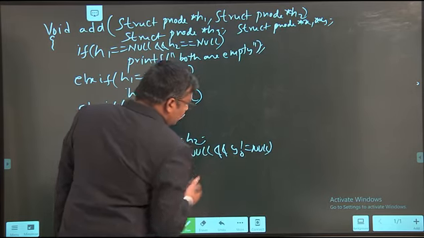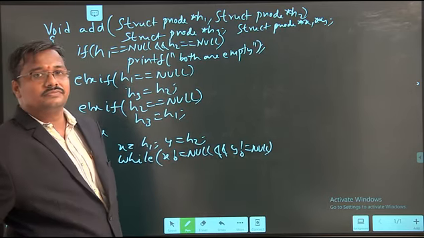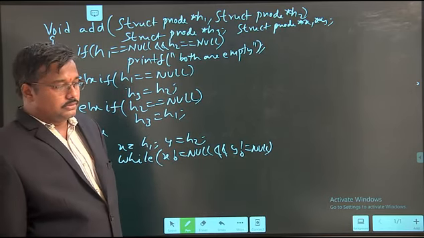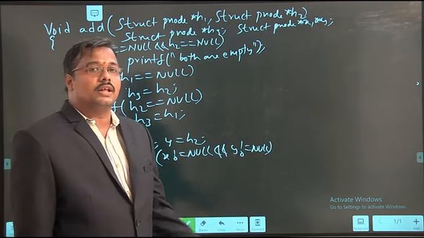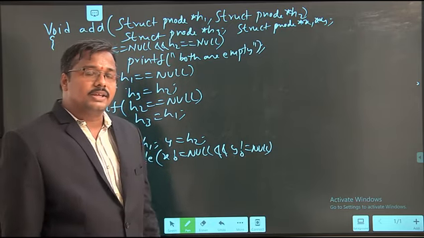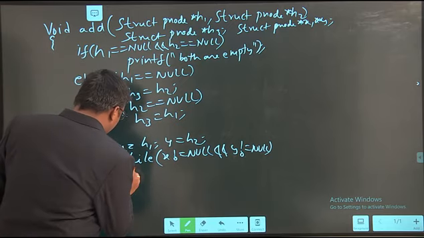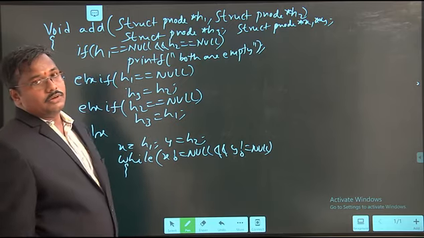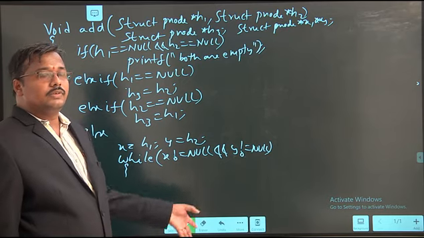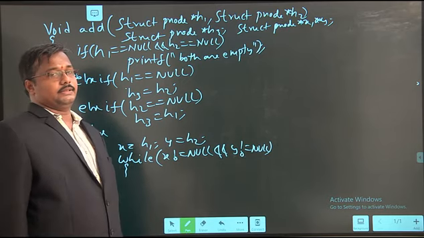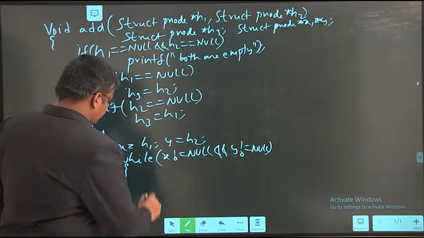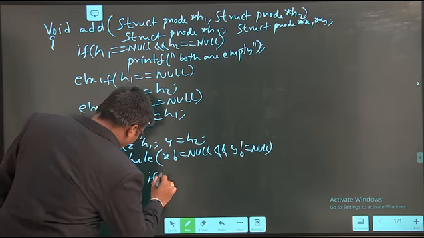Up to that we need to check. Null means when it reaches null, the last node address is null. So x not equal to null, y not equal to null. Up to that we will try.